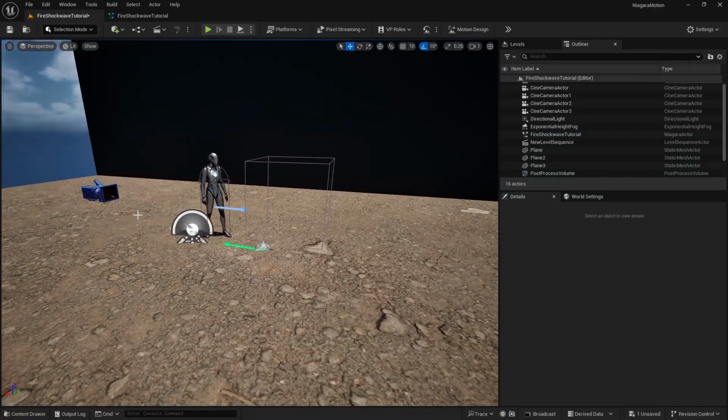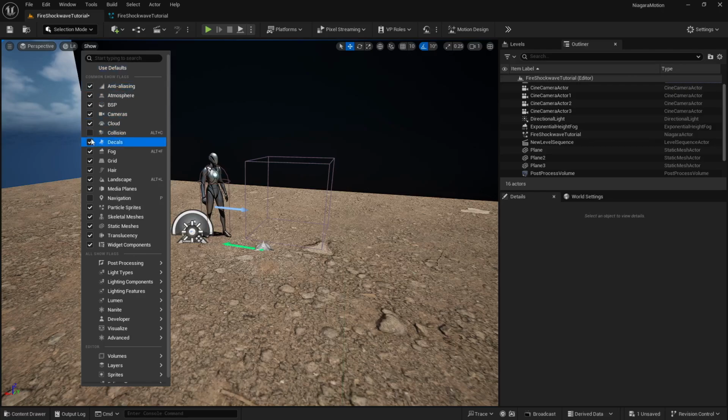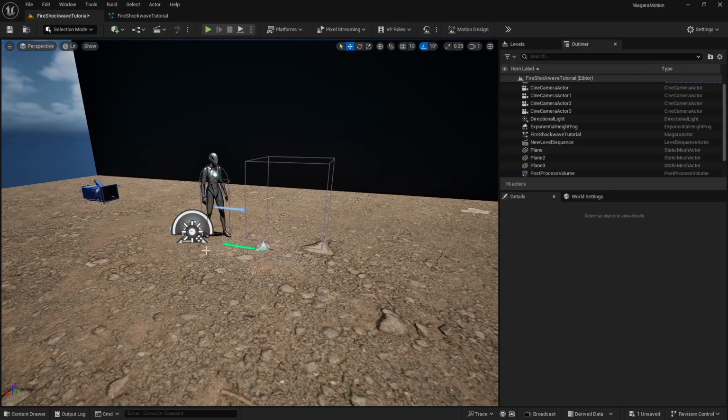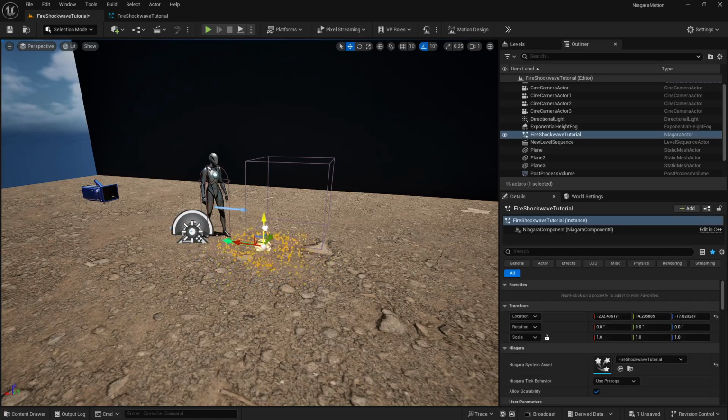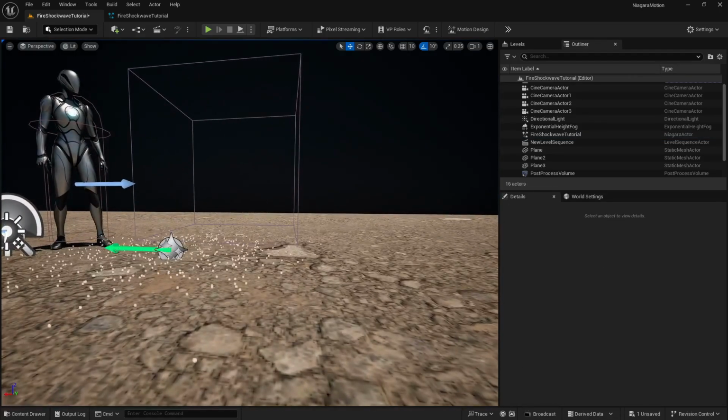Okay, so let's just hide the grid as well. I'm not worried about the ground material because this is going to be a top shot, so don't worry about that as well. So if I hide the grid, now you can see we are getting these particles emitting this side. Okay, so what I want now, if you want, you can move it somewhat upwards as well, something like this. And now you can see our particles are basically upwards here.